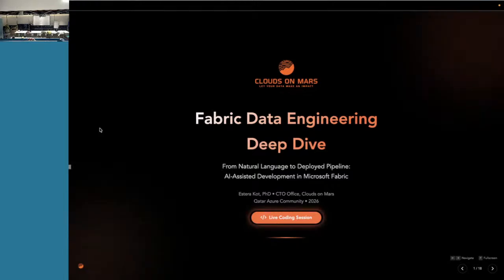Why? Because Fabric's heart is OneLake, so a storage where you want to keep your data. How do you move the data there? Through, for example, Azure Data Factory, which in the context of Fabric is just Fabric Data Factory. But moving the data, it's super reactive. So you land the data and what? Keep it, observe, it's there? No, you want to start processing. You want to start analyzing.